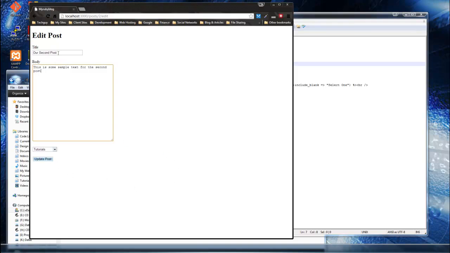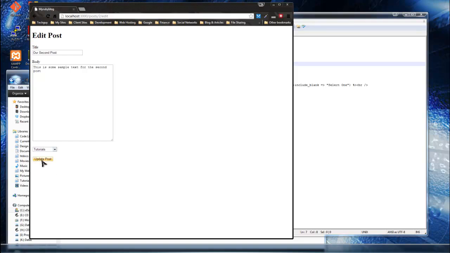And you can see it's pre-filled with the fields. Even the category select box is chosen, and this is really awesome, because if you were to use PHP or another scripting language, you'd have to manually code in the SQL to be able to display the fields like this. So if we go back,